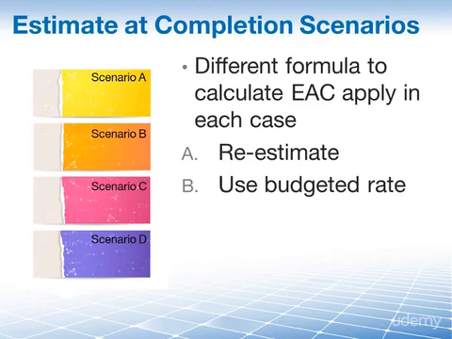Scenario C, in this scenario, you want to use the current cost performance index, since you can rely on your current cost performance efficiency, but not on the planned rate on which the original estimate was based. For example, you know you are ahead of schedule because expected technical complications did not arise. Your engineers don't really expect any issues going forward, so you expect the current favorable progress on your project is